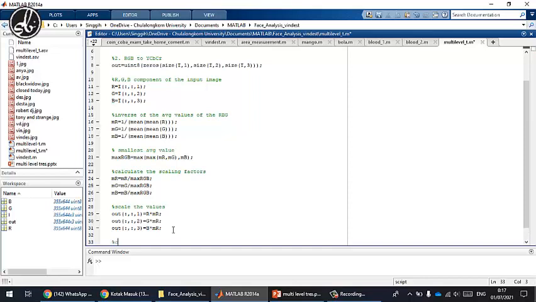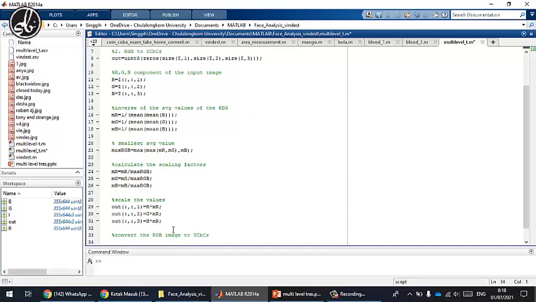And then convert the image from RGB to YCbCr. Okay, using image YCbCr is equals to RGB to YCbCr. Okay,